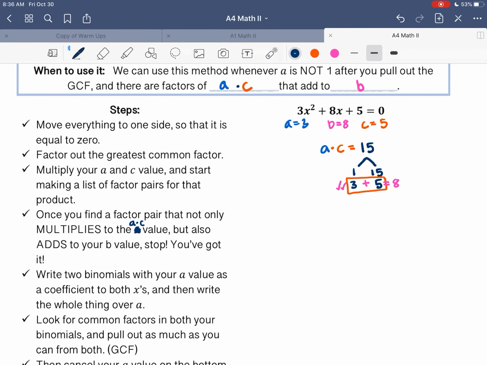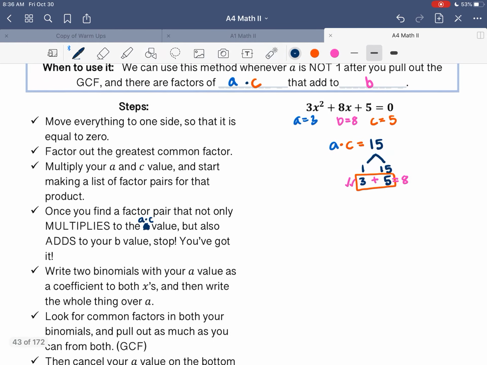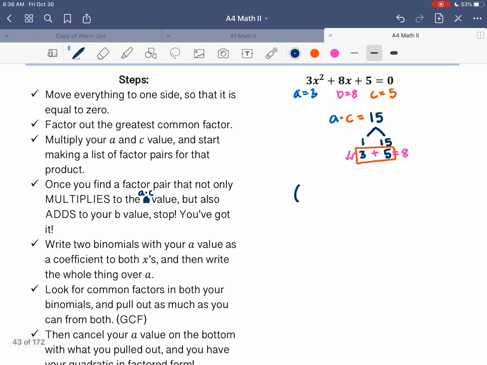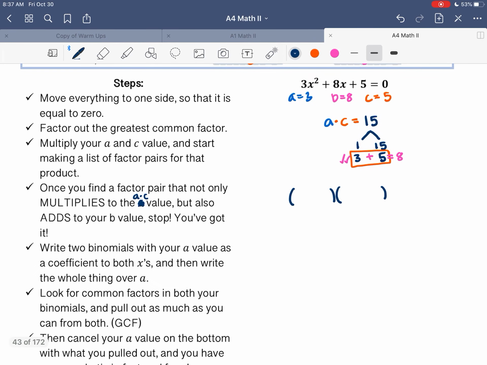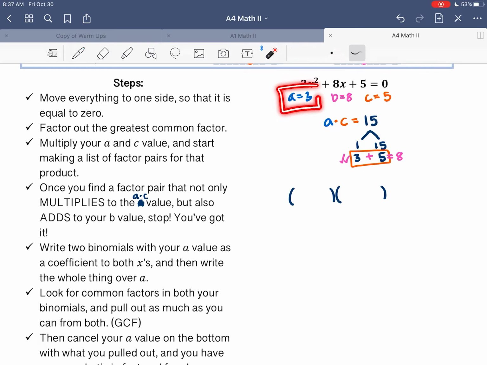And this is the part where it kind of diverges even more from what we were doing. We make a pair of parentheses, which I suppose we're used to, and then here's where it gets weird. Okay, let's read the instructions. Right, 2 binomials with your a value as a coefficient to both x's. So what that means is we are using our a value